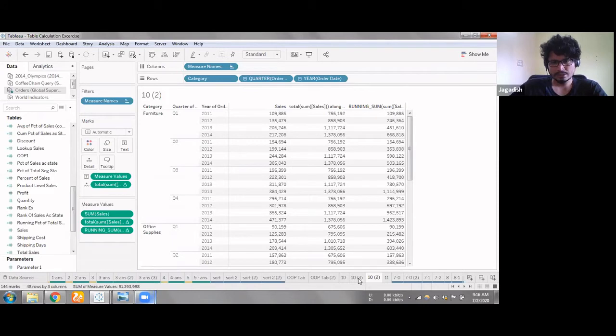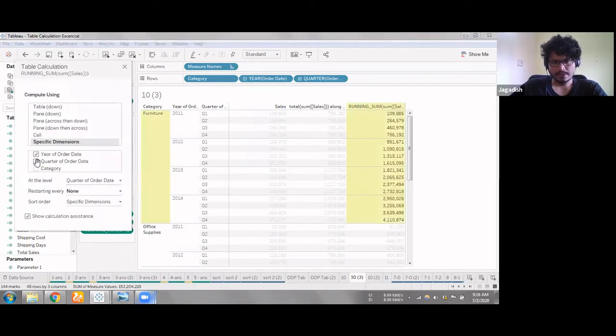So in order to handle those kind of situations, when you are using specific dimensions, it is given this particular option. So whenever you have two or more checked boxes, like if I have only one checked box, this is not required. Whenever I have two or more checked boxes, this particular prompt will be asked by Tableau. So what it tells is, I want this calculation to be done at the deepest level in these checked boxes. I have year and quarter. What is the deepest level of detail? It is quarter, and Tableau automatically recognizes it and puts it as deepest by default.